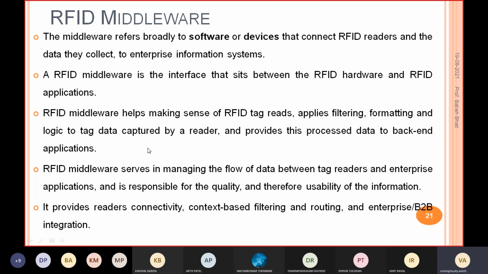So the final application, whatever your final application is, the process data is provided to the application. RFID middleware serves in managing the flow of data between tag reader and enterprise application, right?